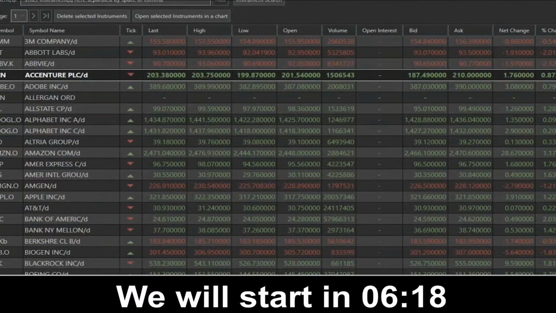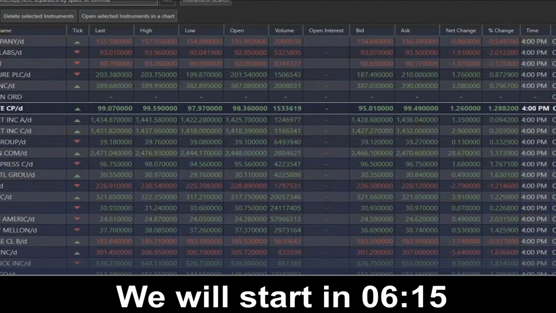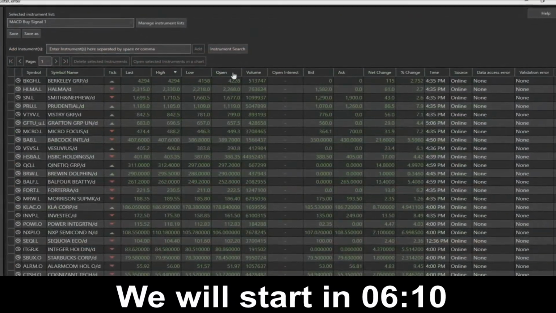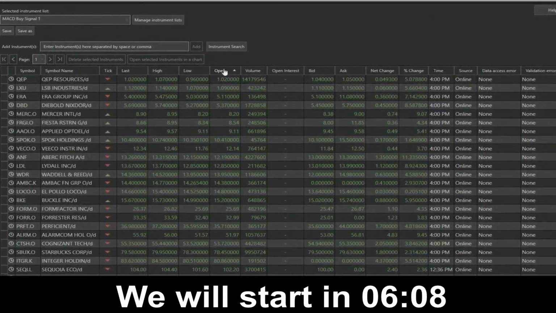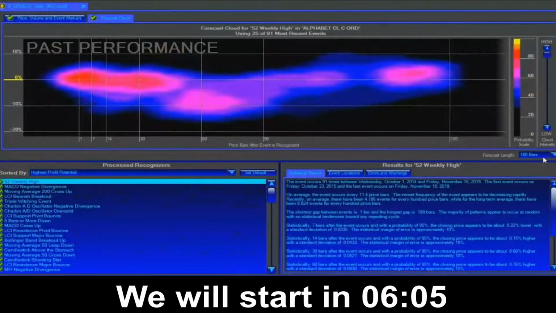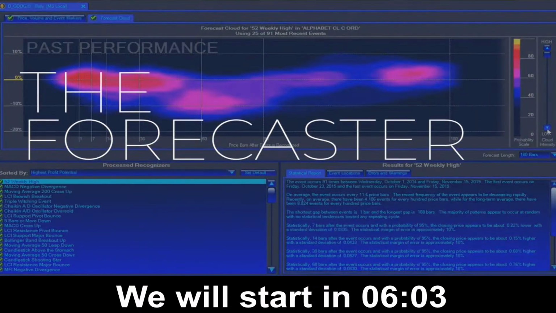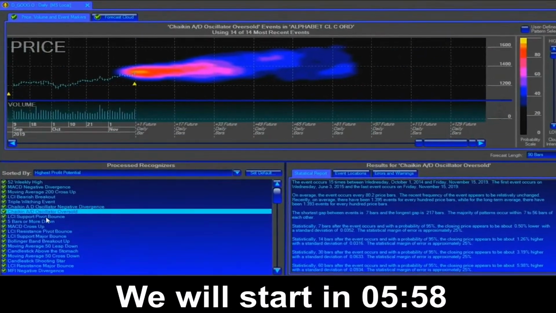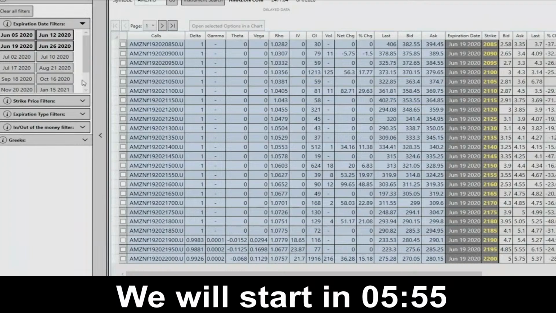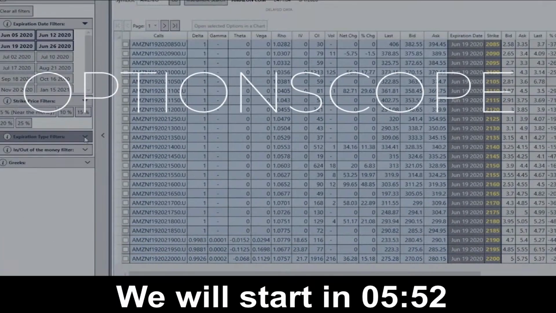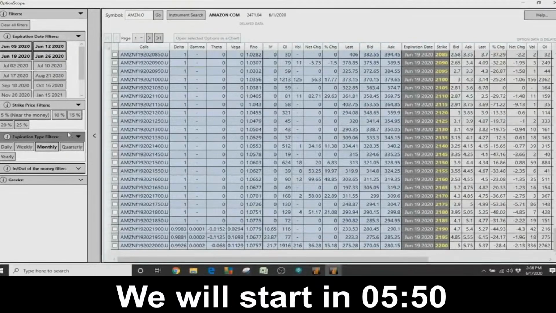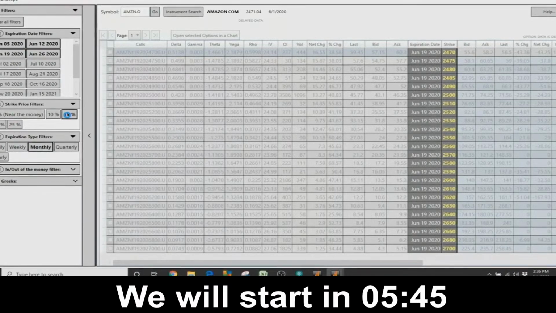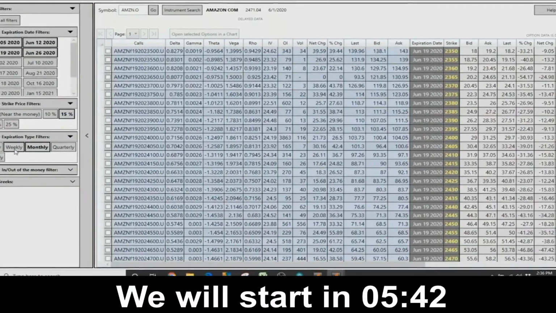You can easily manage and monitor the securities you are interested in with Quote Center. Quote Center lets you sort on a variety of criteria to view the data that's important to you. Then just double-click on a security if you want to see its chart. With the MetaStock Forecaster, you can even take advantage of patented technology to view probable future prices. If you're an options trader, you're going to love MetaStock's OptionScope. OptionScope puts all the critical info at your fingertips, displaying sortable, customizable, color-coded options data, including the Greeks.